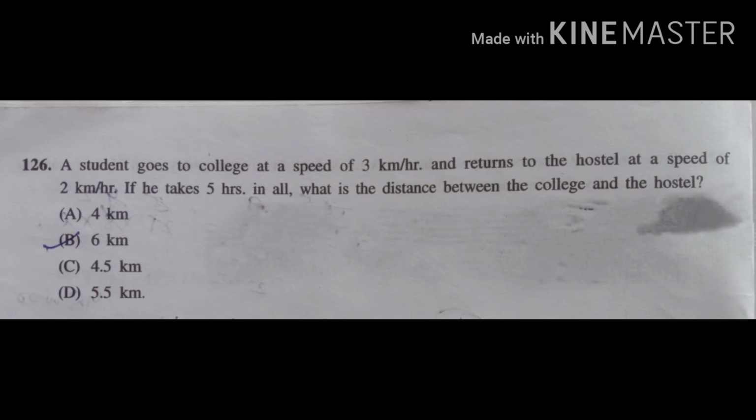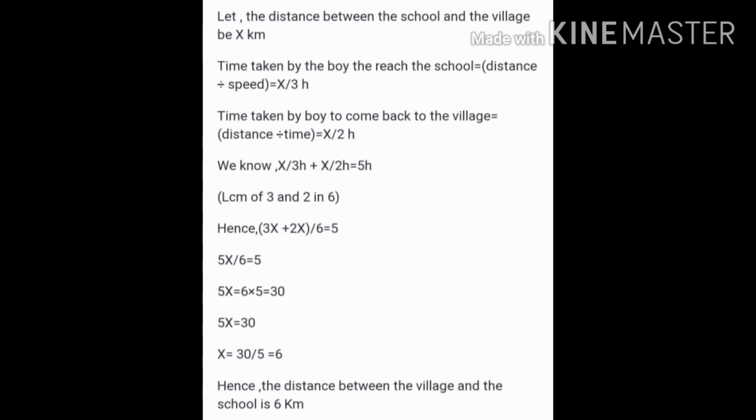Option A is 4 km, B 6 km, C 4.5 km, D 5.5 km. Let the distance between the school and the village or the college be x kilometers. Then the time taken by the boy to reach the school is distance divided by speed, x upon 3 hours. The time taken to come back to the college is x by 2 hours. We know x by 3 hours plus x by 2 hours is equal to 5 hours because it takes 5